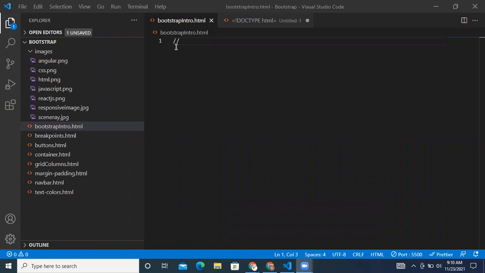What is Bootstrap? It's a mobile first front-end framework. It is mainly to achieve responsive web design. You have learned about media queries, right? Before this, while learning CSS, did you learn about media queries? Did you feel it easy or difficult? What did you feel about media queries?